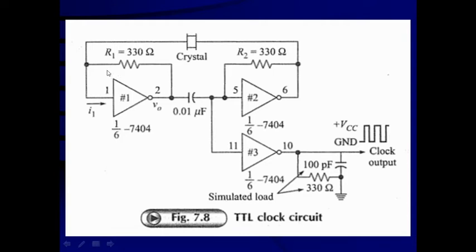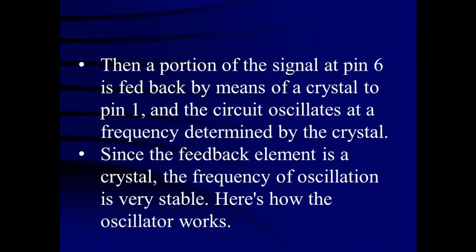That means, what is the use of this R1, 330 ohms, which is connected between the output, pin number 2, and the input, pin number 1? This is working as an amplifier, which is a current to voltage amplifier. That means a change in the current at the input will produce a change in the output voltage. And the gain of this amplifier is equal to V upon A. We will go through this slide also.